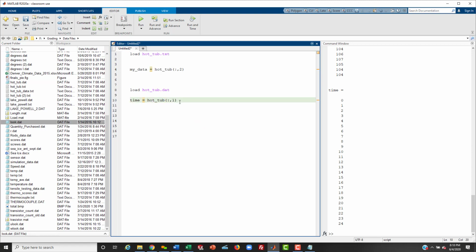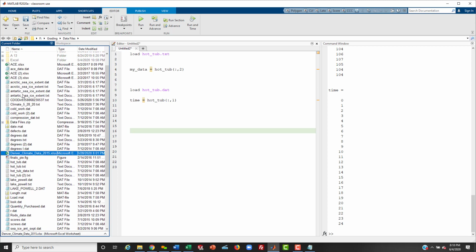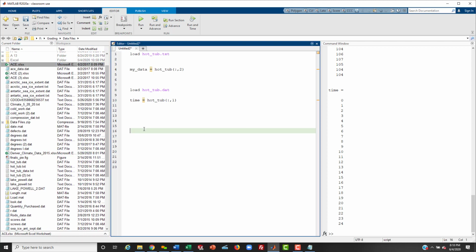So now we do have an assignment coming up where you'll be loading in an Excel file into memory. I do have a couple of them in here. We'll try the ACE one because it's a lot less typing. This one you can assign to a variable as you load it, as long as you use proper naming sequence. And then this uses the xlsread, followed by the name of the file in single quotation marks,